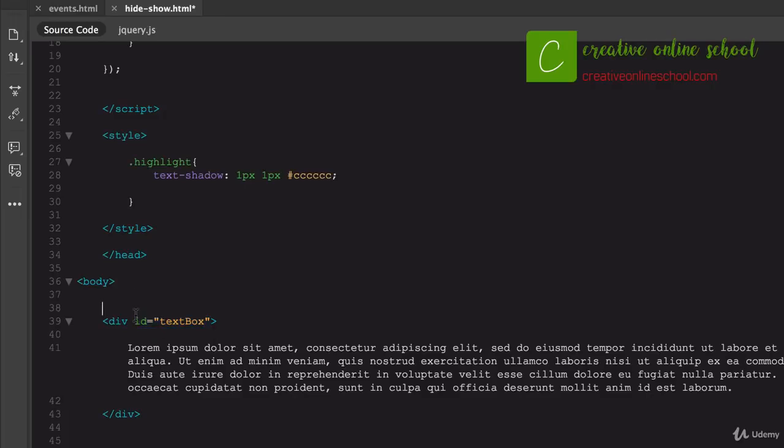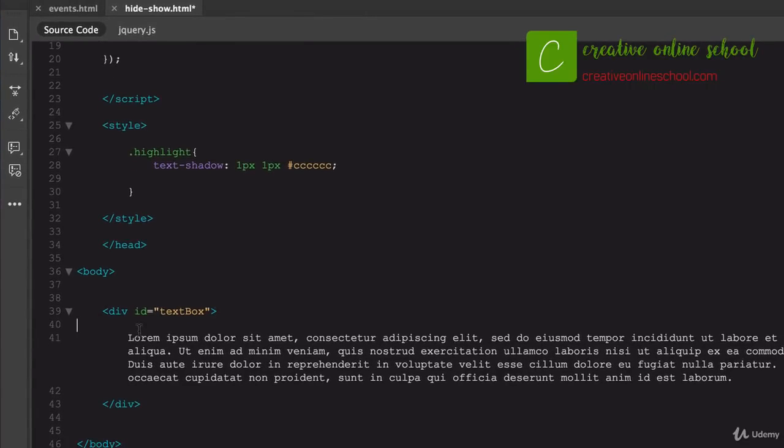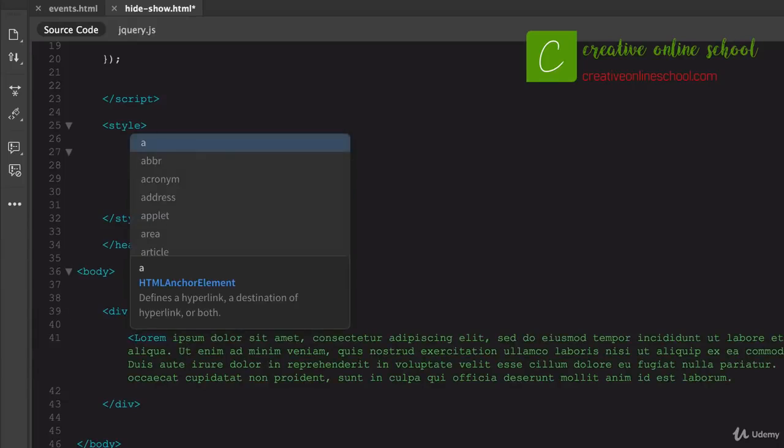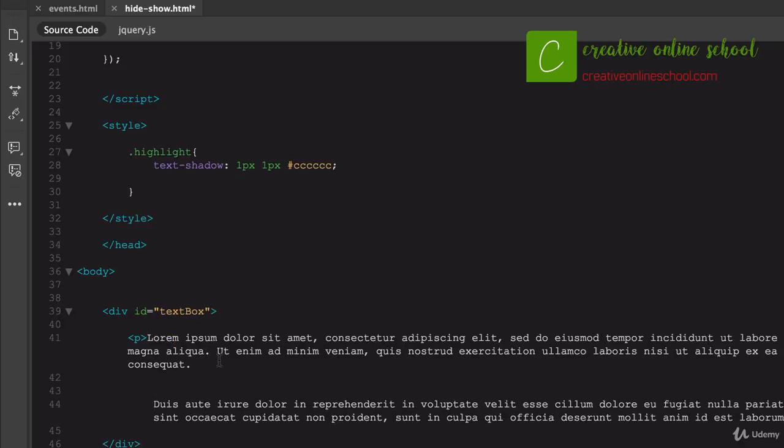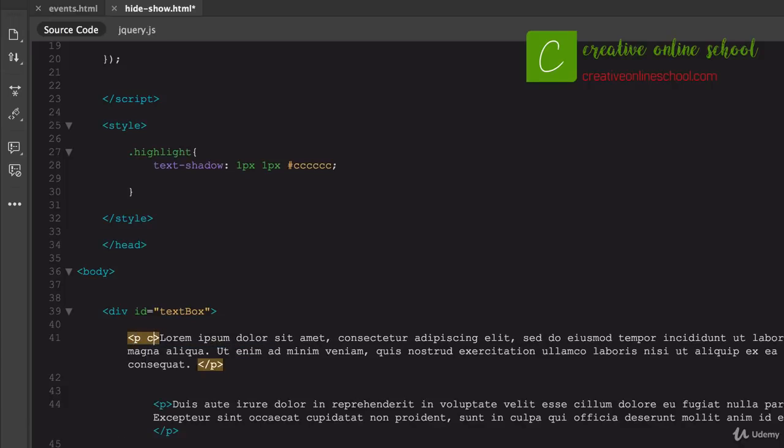Now I've got this ID here that was from a previous area. That still works here because we don't need to worry about this. But we do need to give this paragraph here something very specific. In fact, I'm just going to do this for the first sentence area up here, just to show you the difference. So we open that paragraph tag, we'll open a new paragraph tag here, we'll cut that out, and we'll close this one out. So again, just to show you the difference here, I'm going to add just this one class